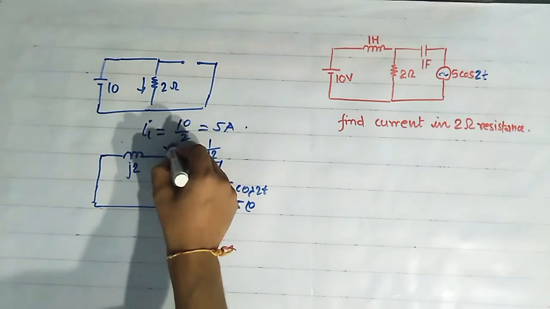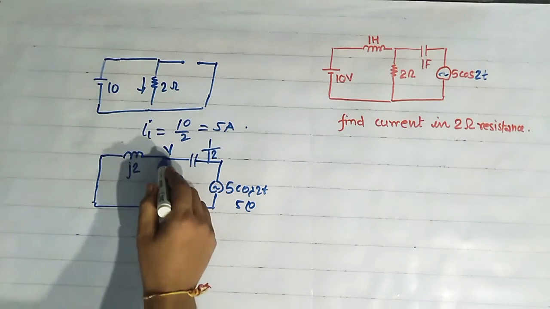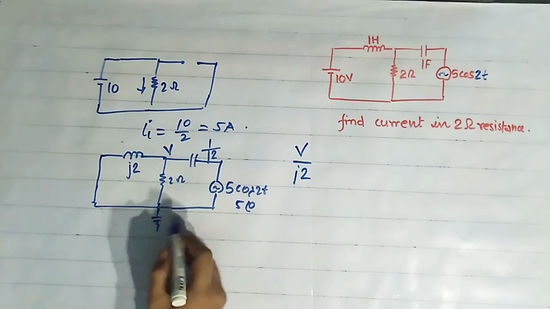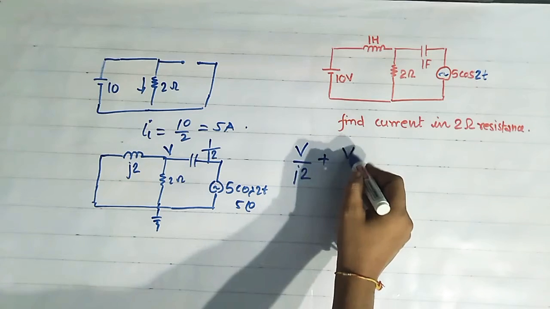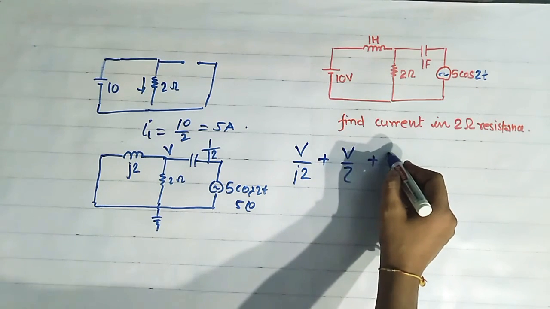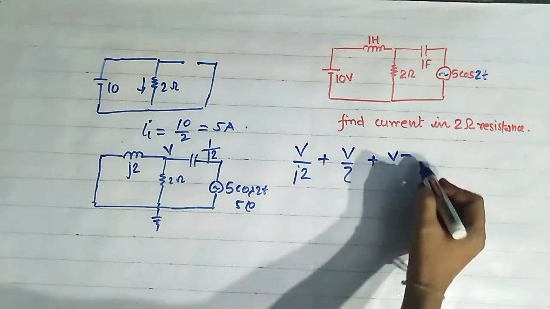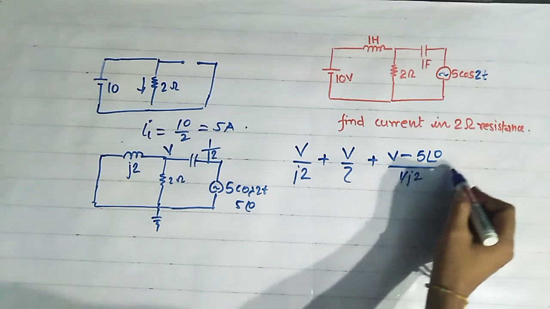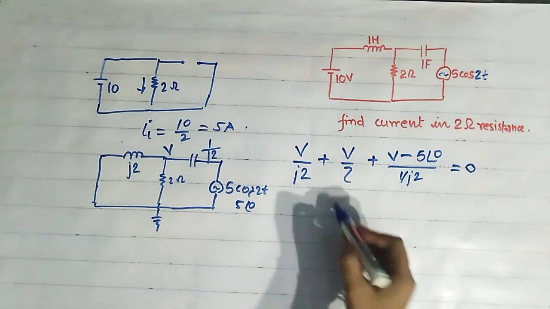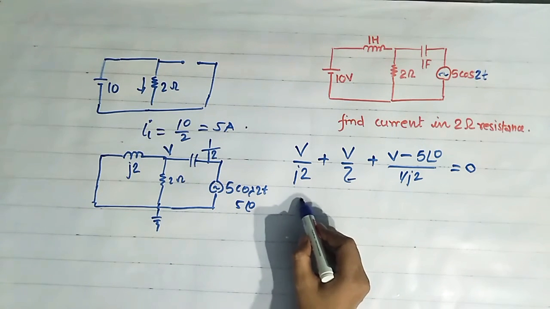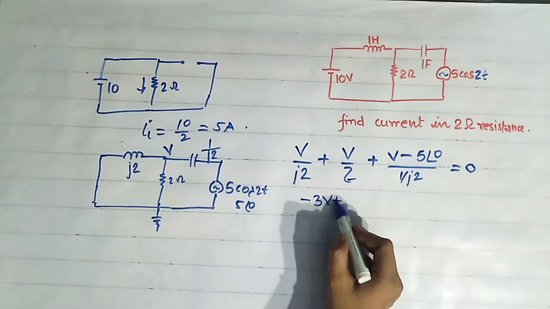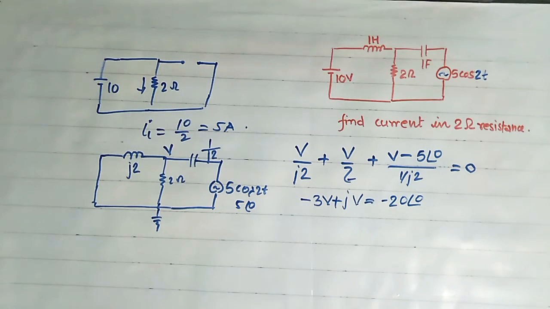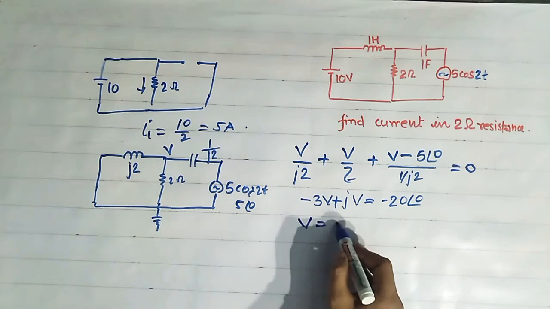So now apply simply nodal analysis. Suppose voltage at this point is V. Treat this node as reference node. So we can write V by j2 plus V by 2 plus (V minus 5 angle 0) by (1 by j2) is equals to 0. On solving this we get minus 3V plus jV is equals to minus 20 angle 0. So from this we can find V as minus 20 by